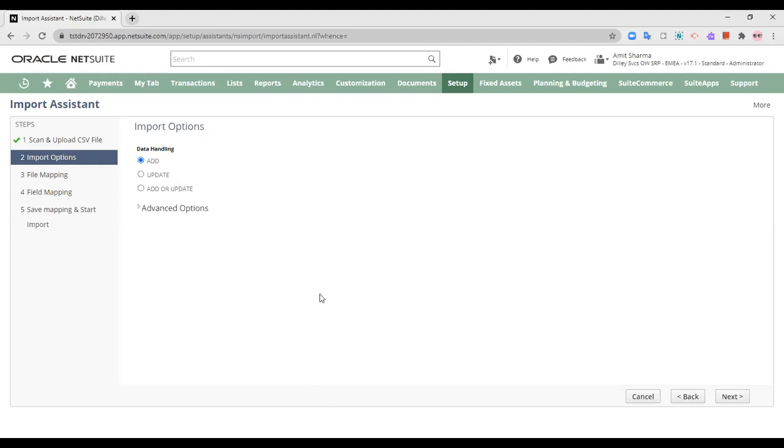Let's say I would like to update the amounts, or I'd like to update the type, or something else. I can add new accounts to the current accounts and add or update whatever the system thinks fit. If my file has 10 accounts out of which 8 are already present, it is going to add the other 2 accounts into the COA and update any changes in the remaining 8 accounts, if there are any.